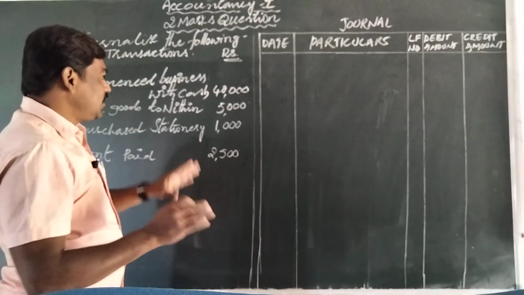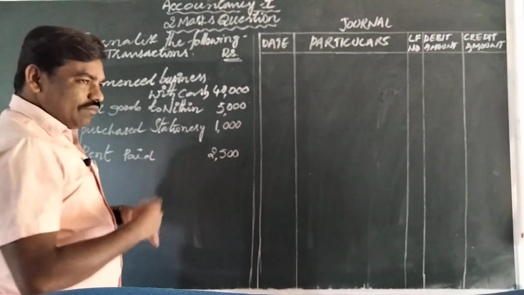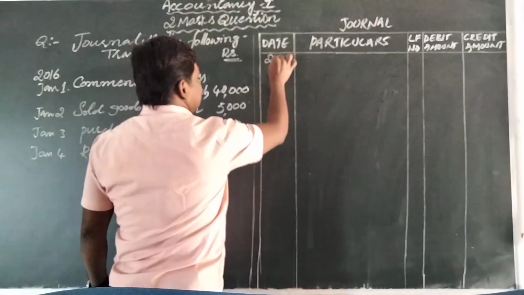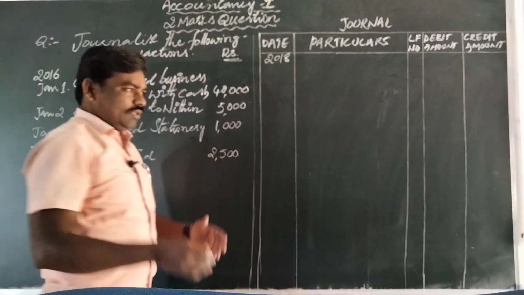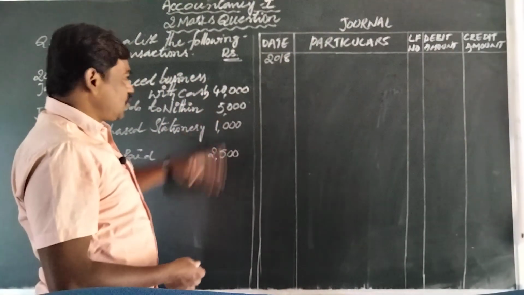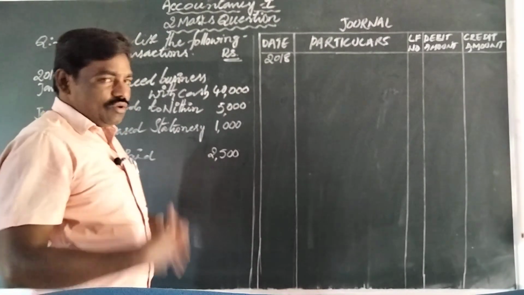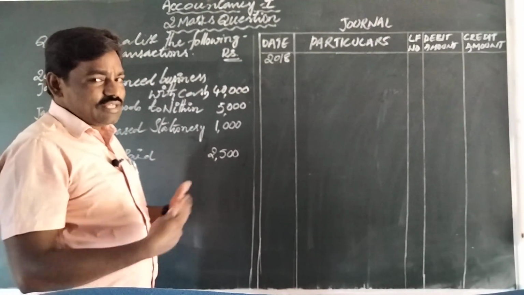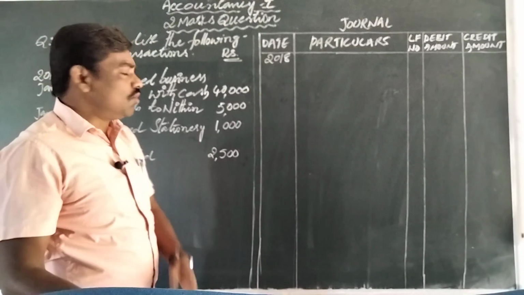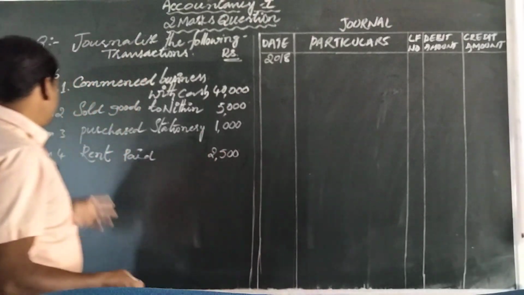You imagine that as a capital. So whenever we start the business, cash comes into the business. As per the real account principle, the cash account should be debited. When we know one aspect is a debit account, the other aspect would be the credit account, that is the capital account, in a simple way.